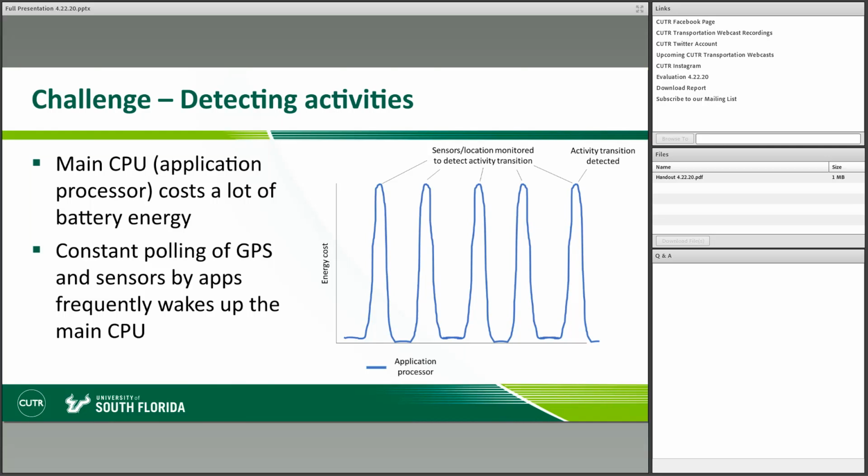And so here's a graph that shows this period of the user. Every time that we want to sample the GPS, the main application processor has to turn on, which causes a spike in energy cost here. And then you have actually acquiring the user's location using GPS hardware, which also costs energy. And then it'll drop back down until the next time you want to sample the user's location again, and then it'll spike back up. So this constant polling of GPS data, which can be as often as every 4 seconds or 15 seconds, if you want to get a high resolution view of their path, really eats up the user's battery very quickly.